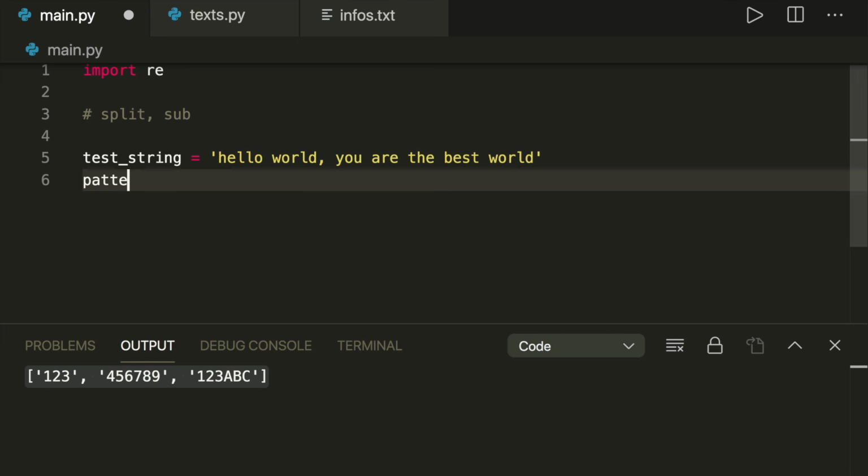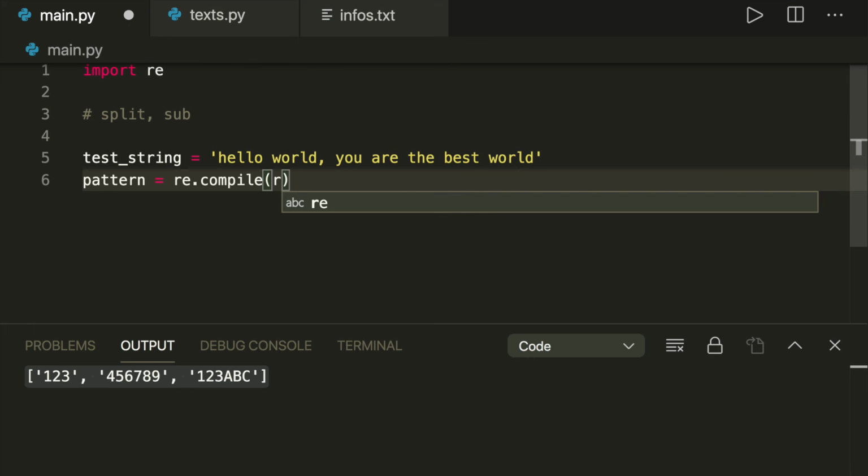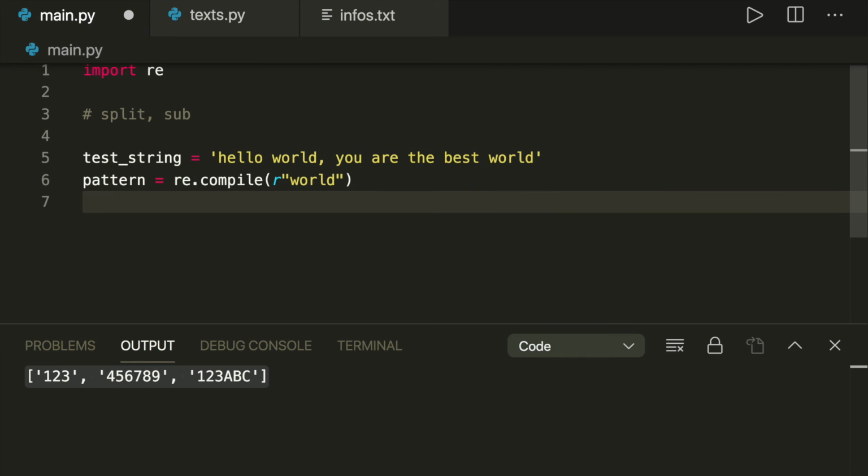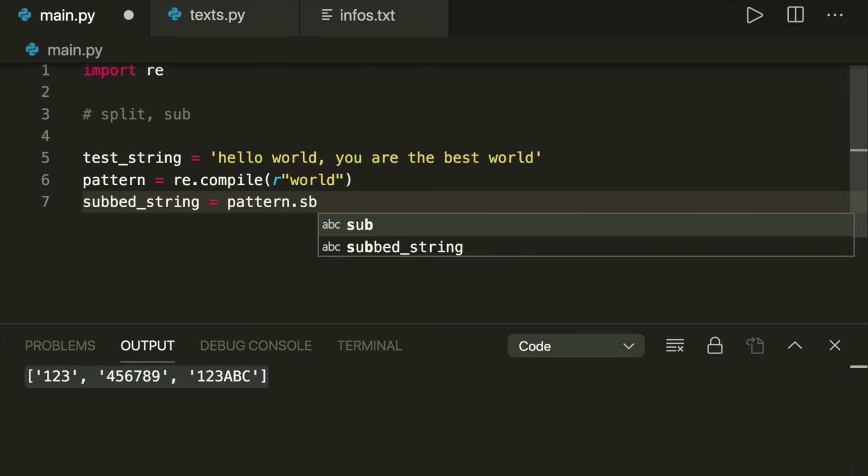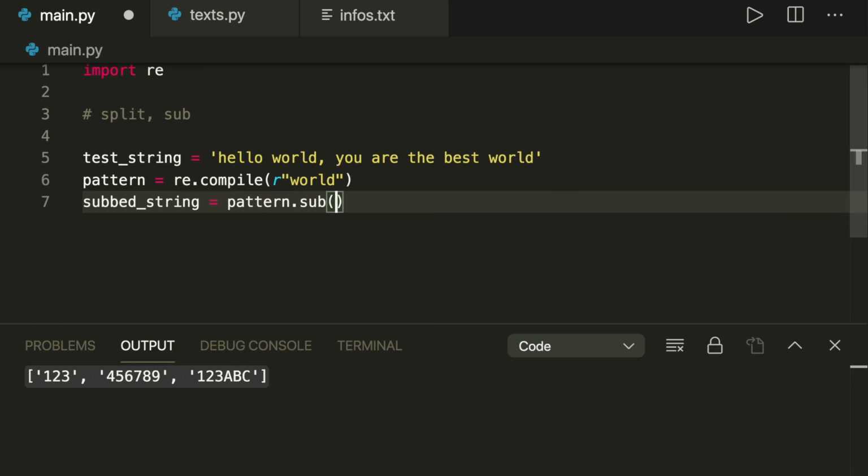So we say pattern equals re dot compile, and then a raw string, and here we have world. And then we say our substring equals, and then we use pattern dot sub, and then what we want to